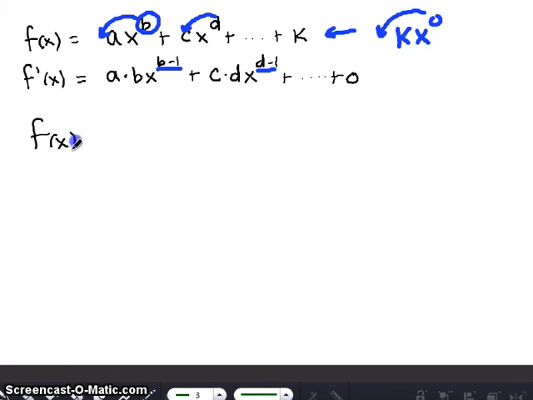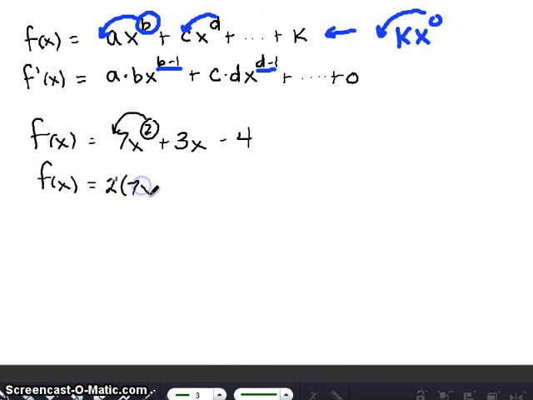If we had f of x equals 7x squared plus 3x minus 4, and we wanted to say what's the derivative, all we'd have to do is take the 2, bring it down front, and say 2 times 7x, 2 minus 1 is the first power, so 2 times 7x to the first, plus really we have a 1 right here, so we drop our 1 out front and say 1 times 3x, 1 minus 1 is 0, minus this is really x to the 0 power, so drop the 0 out front, 0 times 4x to the negative 1,